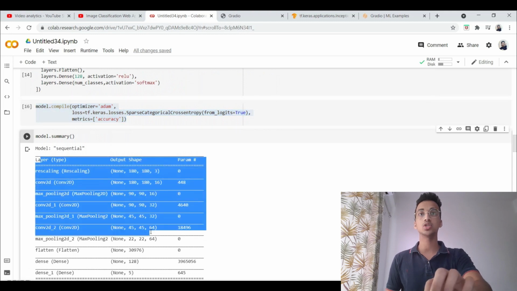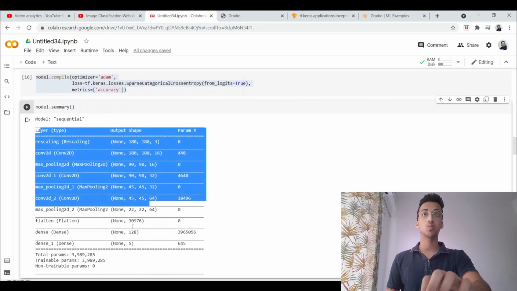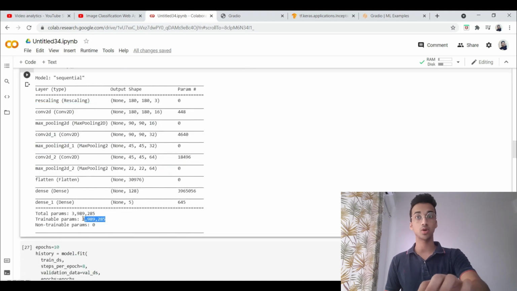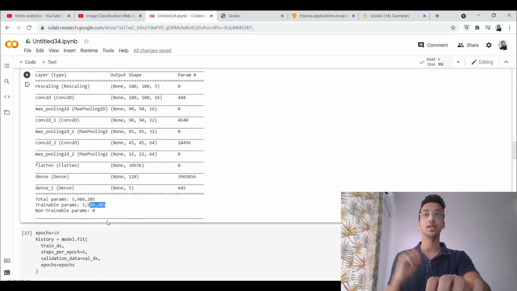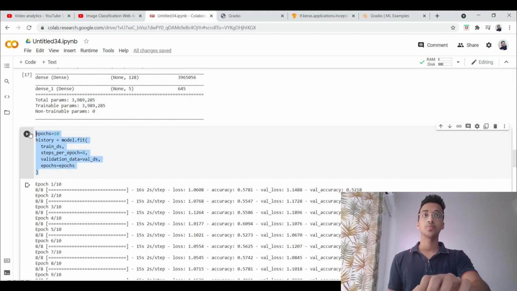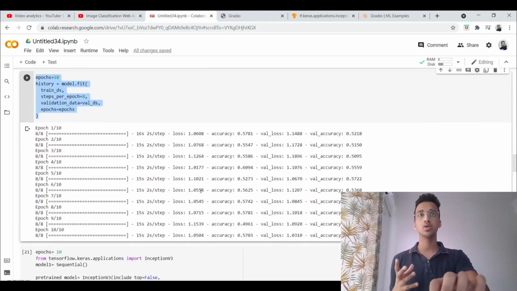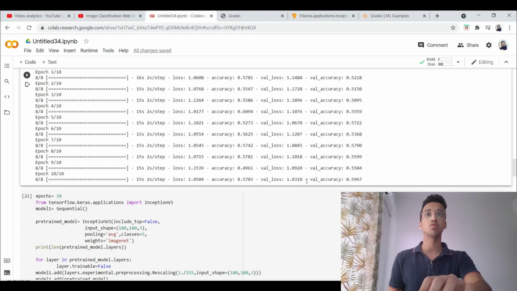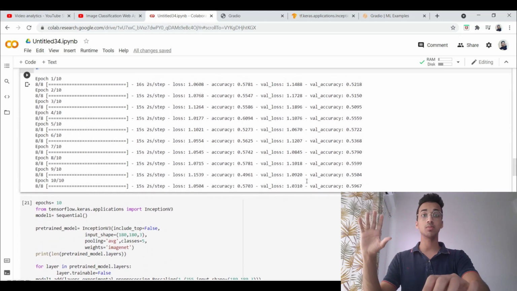This is important because you can see how the output is changing after each layer and the number of trainable parameters. This is important, guys. There are, I think, 3 crore 98 lakh 9,285 parameters that are being trained. I'm training the model over 10 epochs and the accuracy is not very good, but of course, this is not about how to build a good deep learning model, this is just about how to deploy that onto a web page. So my first deep learning model is done.